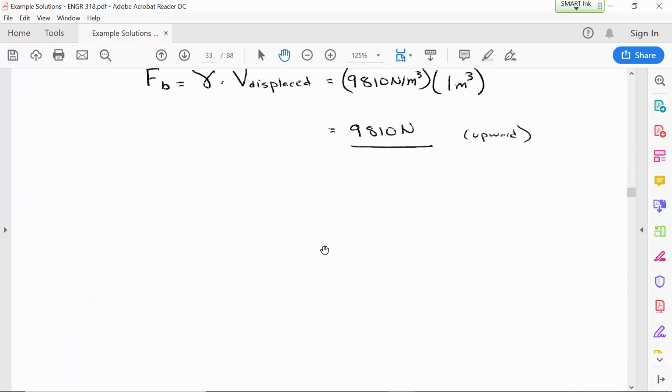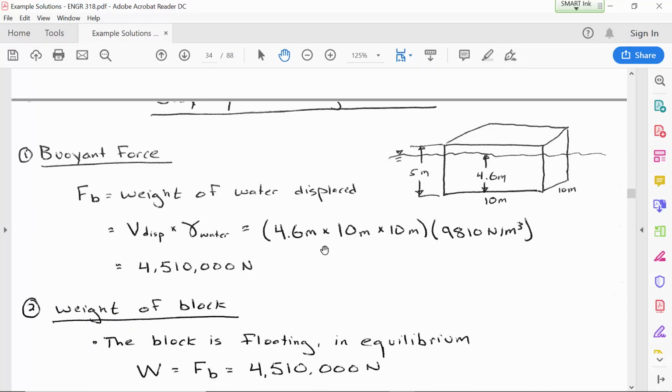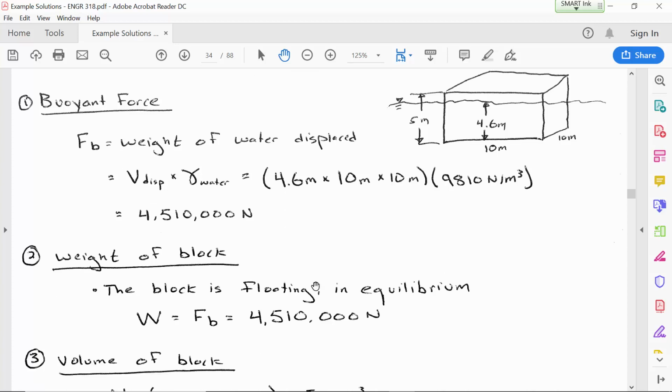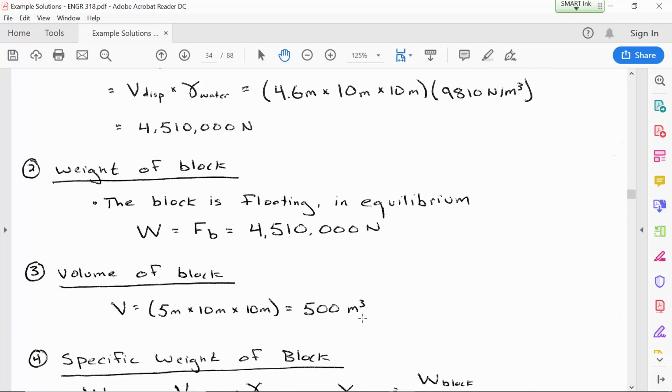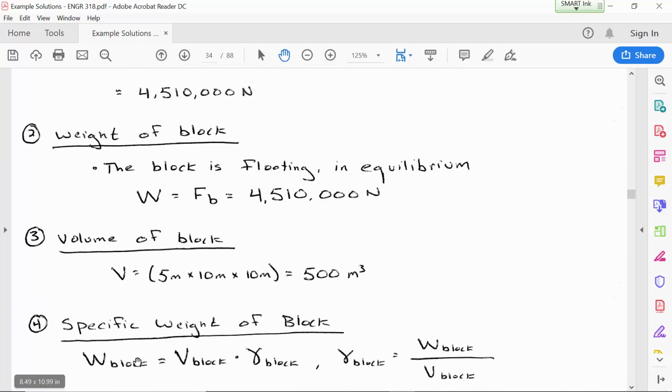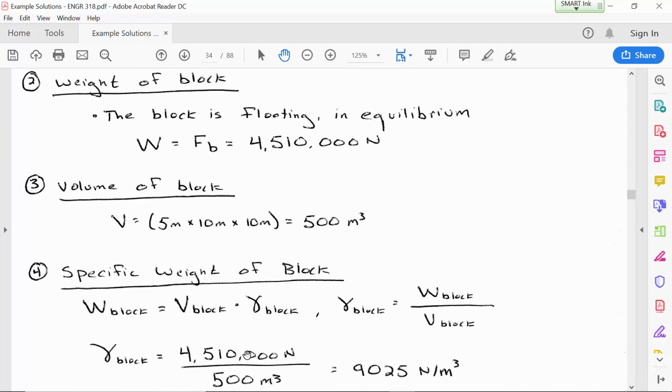Okay, so we've got this block with a buoyant force of 4.5 meganewtons. This is a really large block of plastic. It's floating in equilibrium, so the weight and the buoyant force are the same. The volume of the block is 5 by 10 by 10. Specific weight: we know that the weight is the volume times the unit weight, or specific weight, of the block. So